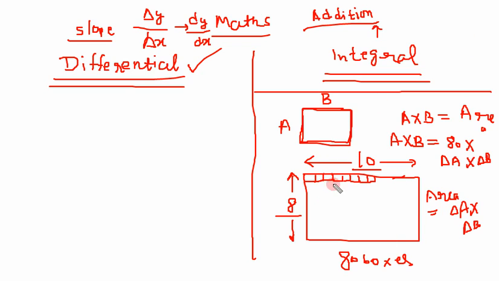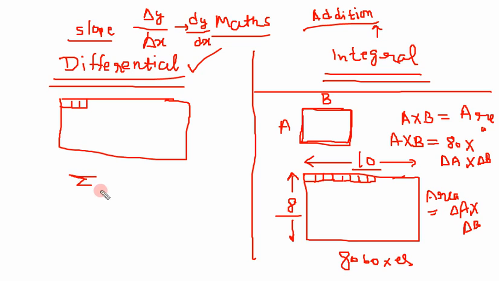So we have this square or any regular shape. Suppose we are adding small squares. So what can we do? We can have a summation sign. That means delta A, delta B, which was the size of a small block, and the summation of all the blocks. So the total area of this is equal to the summation of all delta A, delta B. But what is the problem with this summation sign?